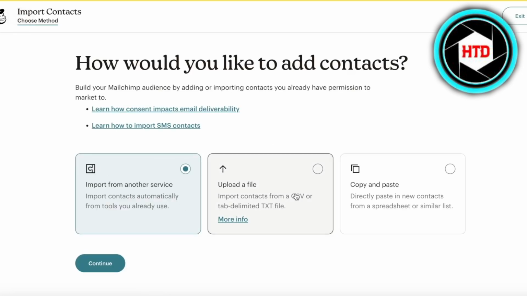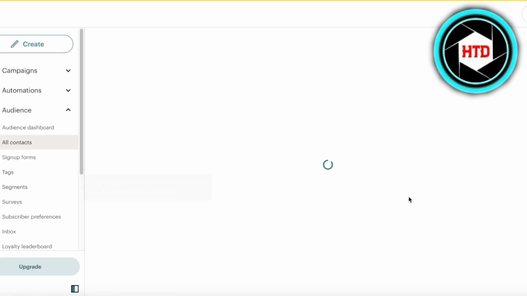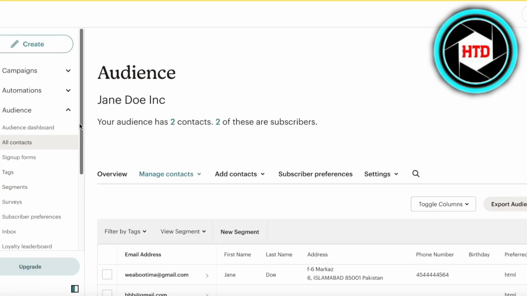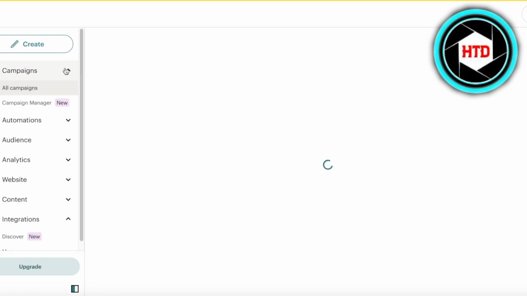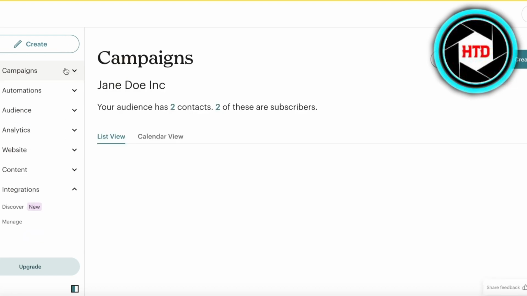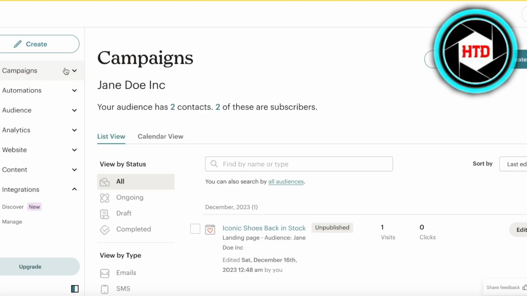Now, from here, you can choose a TXT or CSV file, copy and paste them from a spreadsheet, or import from another service. If you don't have an email list already, you can add your contact individually or create forms using Mailchimp as well. So if you want to get started with building forms to actually capture emails, then for that,